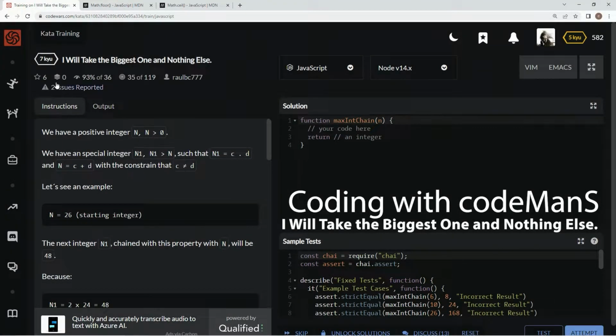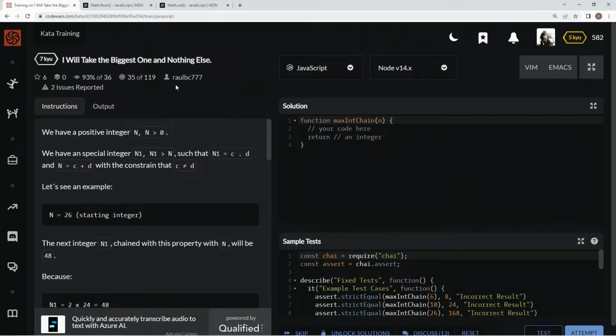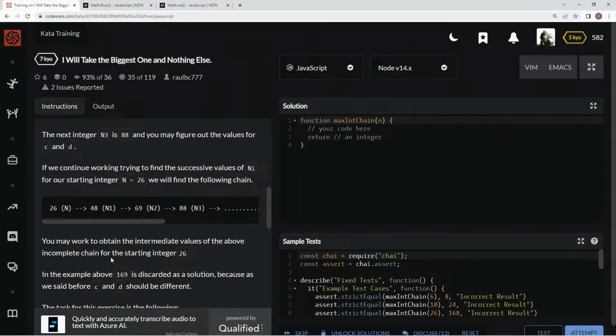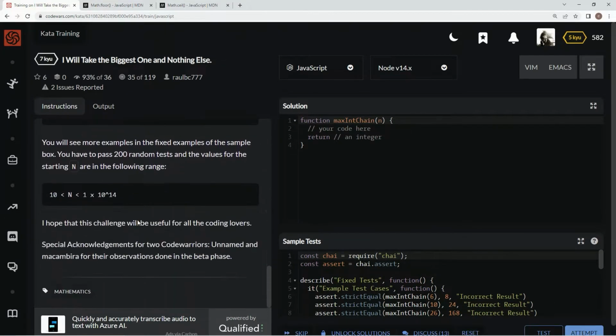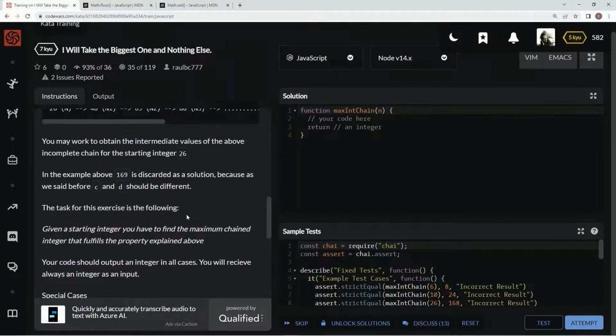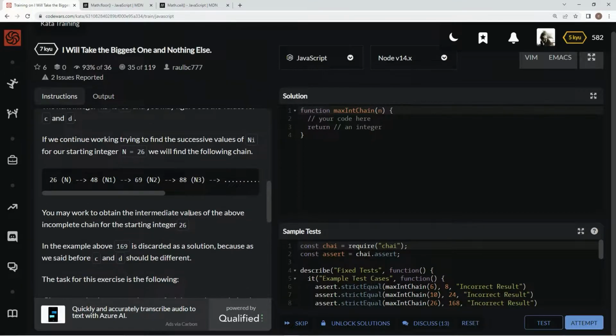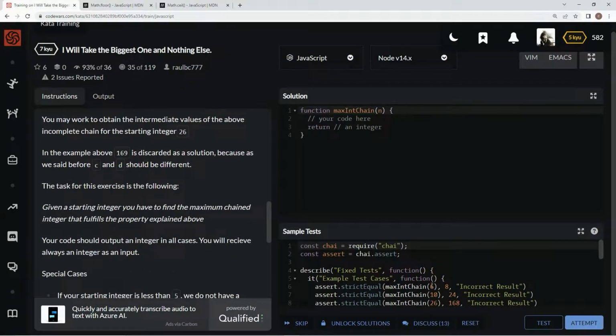All right, now we're doing 7Q, this one here by Raul BC 777, and 93% of the people like it. Basically, what this thing is telling us after we get all the way to the end is that we need to find the number that is the biggest of this minus something, and then also this times that number that we